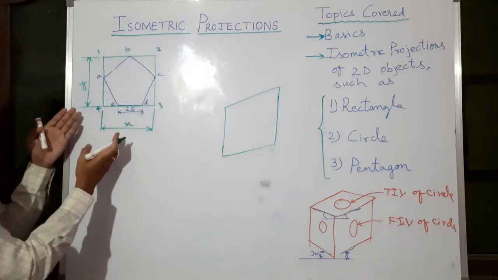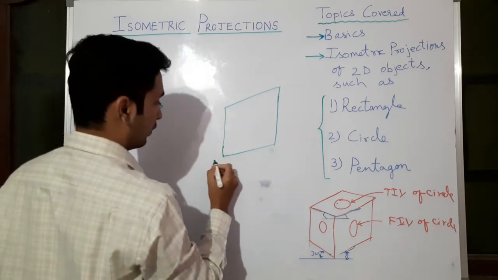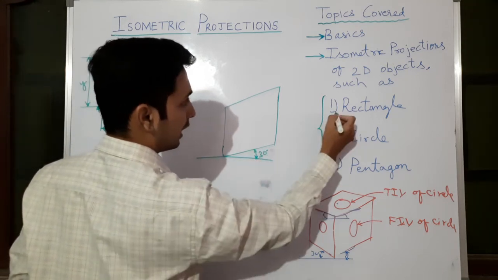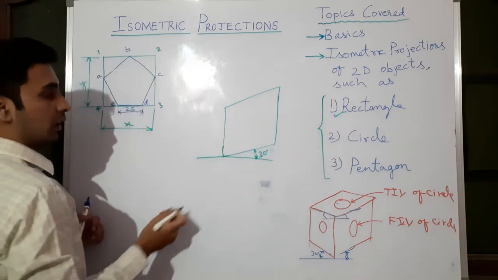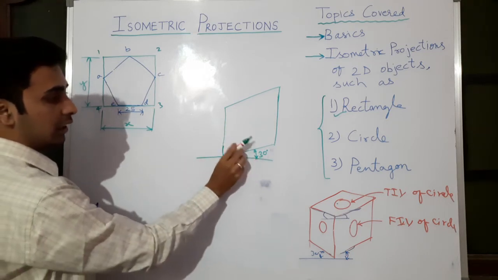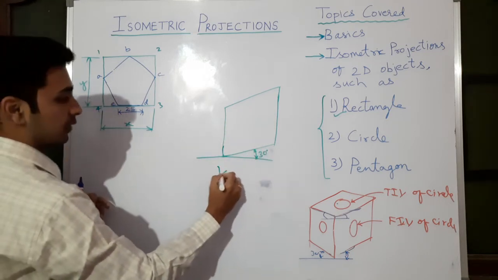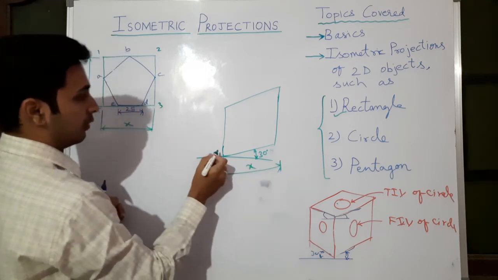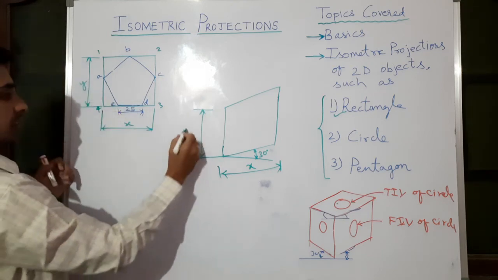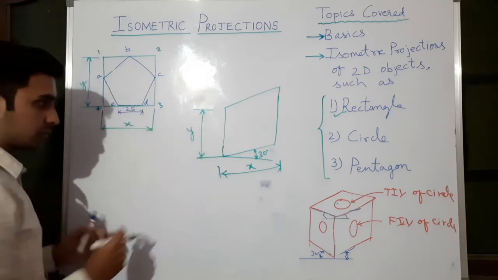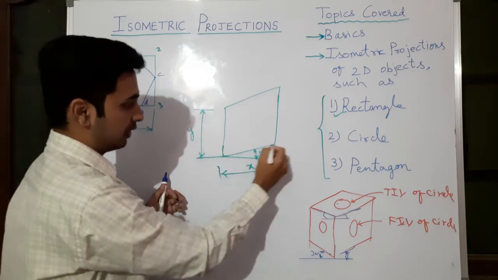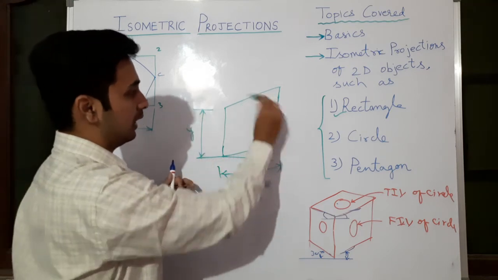By the way, this is not a square, this is a rectangle box. The front isometric view of a rectangle we covered in the earlier stages. Now the same thing we are doing here. In the front isometric view of the rectangle, this is 30 degrees, this x distance, and straight here, 90 degrees, we have taken this y distance. These two are parallel to each other, and these two are parallel to each other. First we have drawn this line and then this line, either or, then these two come later.